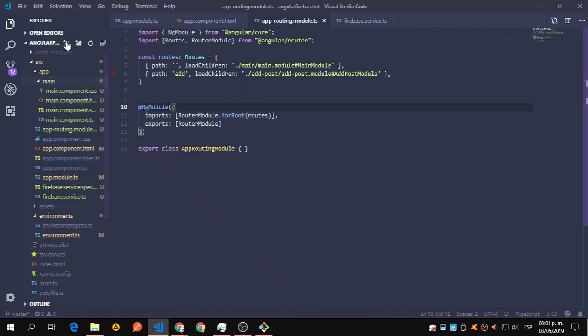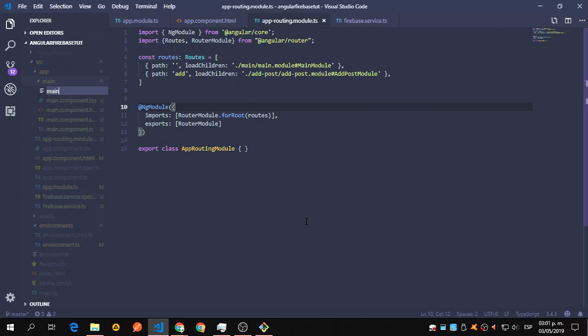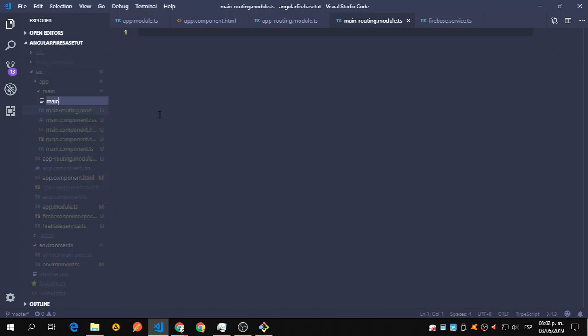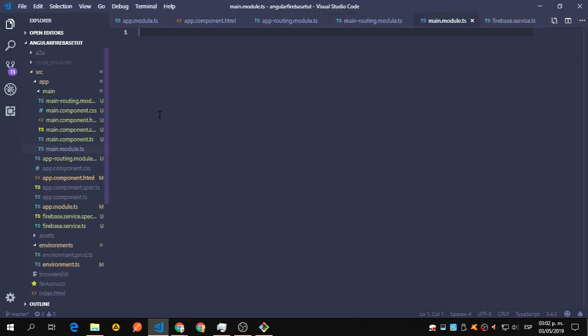Okay, so we need to add this main-routing.module.ts and another file that is main.module.ts. So this main-routing.module.ts is going to contain